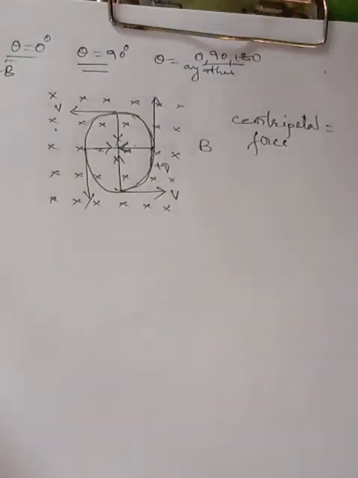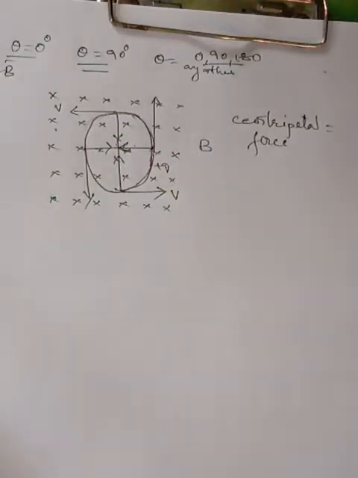Now see, in the second video, we will derive the relation for the radius, angular frequency, time period and frequency of a circular motion of a charge in a uniform magnetic field. In the first video we have seen that when the velocity and magnetic field are perpendicular to each other, then the charged particle will move in a circular orbit. So when it is moving in a circular orbit, we have to calculate its radius, its angular frequency, its time period and its frequency.